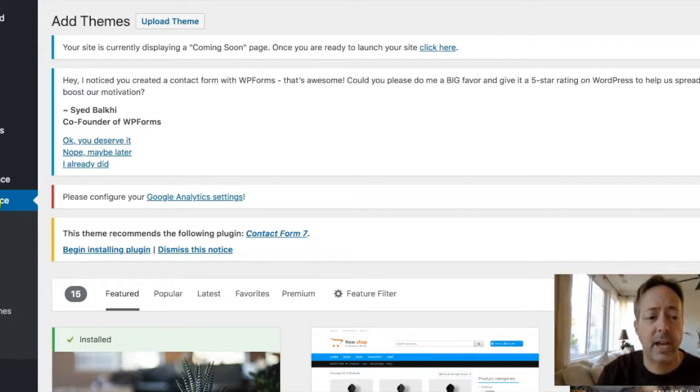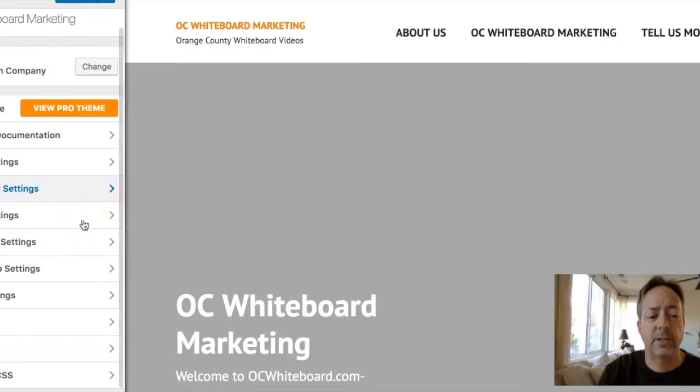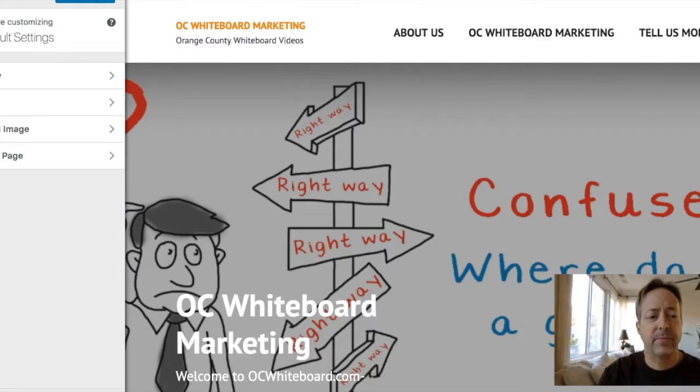And you'll see here on the left side under Appearance it says Customize. So I can click Customize, and I have all these options on the left. A lot of times with some of these themes, they give you the ability to upgrade to a pro version, a paid version, and that's fine if you want to. But if you just want to get familiar with the process first, I recommend you don't have to do that right away. So what I'm going to do here is go into Default Settings,